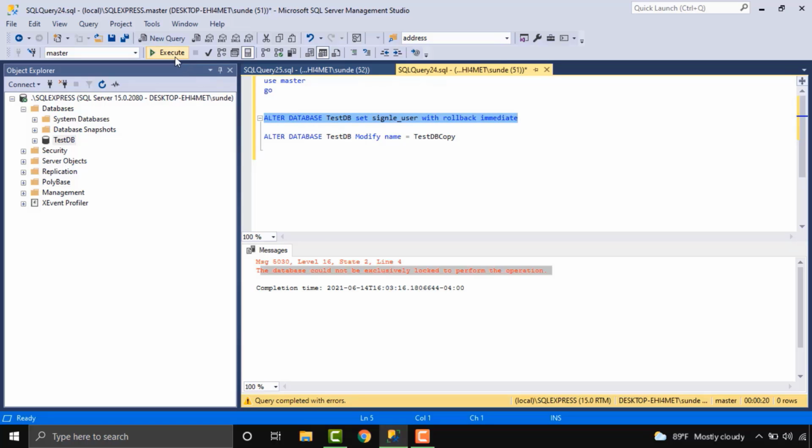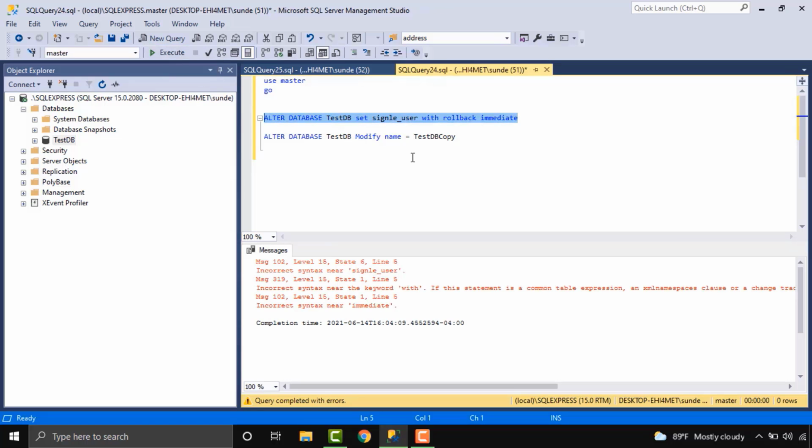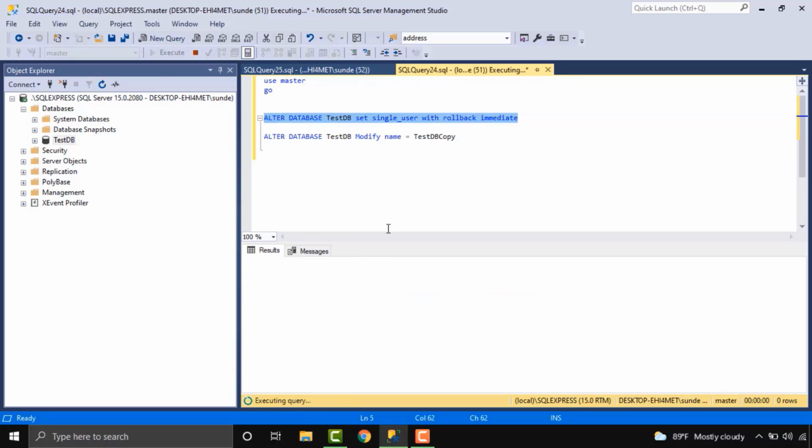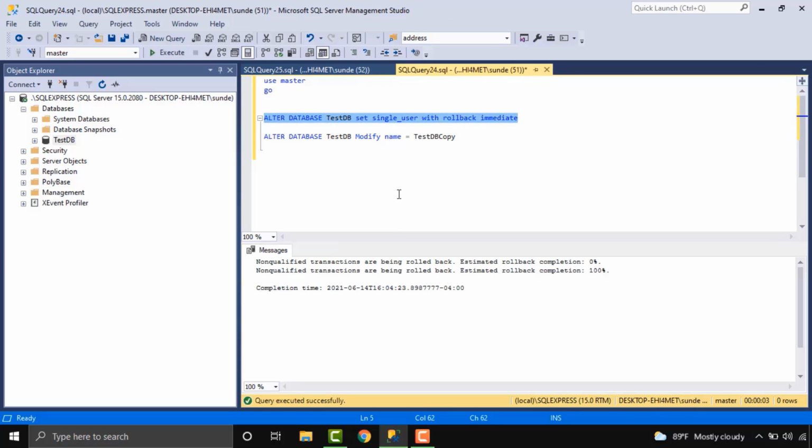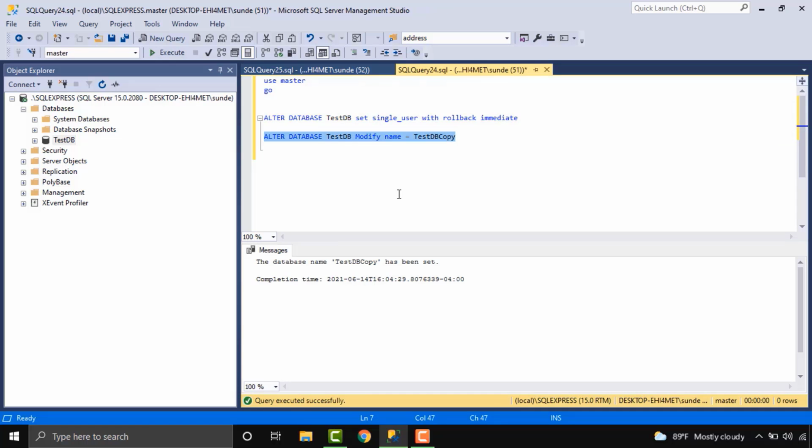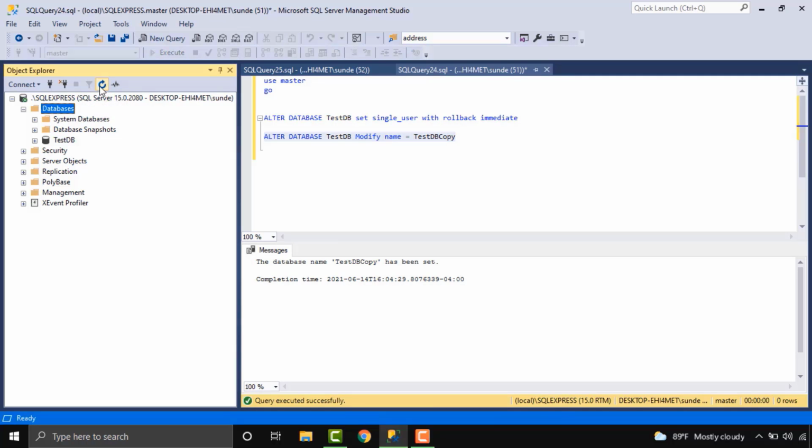Once I execute this one, the spelling is wrong over here, single user. Now it has closed all other sessions and given access to myself. So if I run the rename command, it will work now. The database is modified to single user state. Only I can access this database.